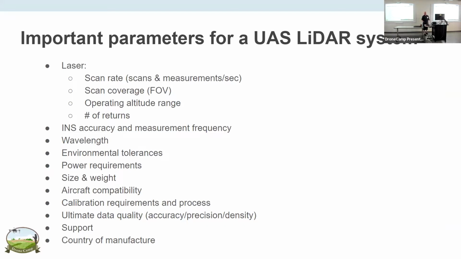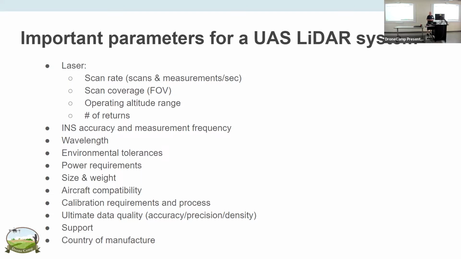And that is the scan rate. That is how many times does it scan per second? Because obviously that's going to affect your data density, right? Given a constant rate of travel, of course. If you stay put and you scan, you're just getting the same place over and over again. But given any kind of constant rate of travel, the faster you're scanning, the more points you get, the denser they are along track for